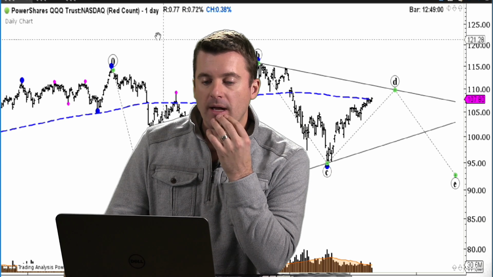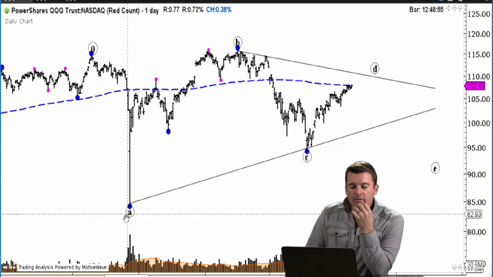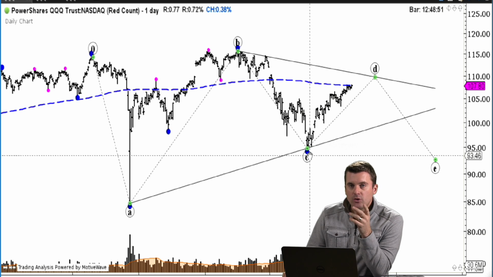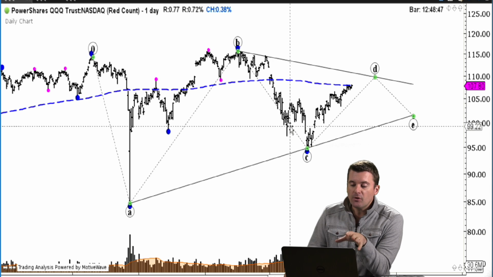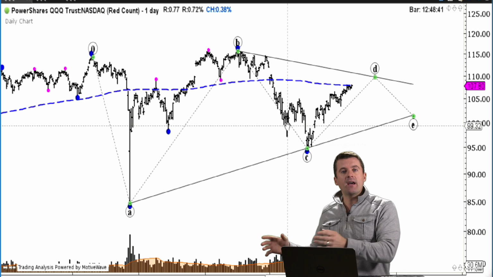The NASDAQ has fallen into a triangle, okay? So it's a five-wave move. Let me get myself out of the way. It's a five-wave move, A, B, C, and then we have two more legs to go, D and E, and then that should be it, okay? So first, a key concept you got to keep in mind with the triangles is alternate legs have a fib